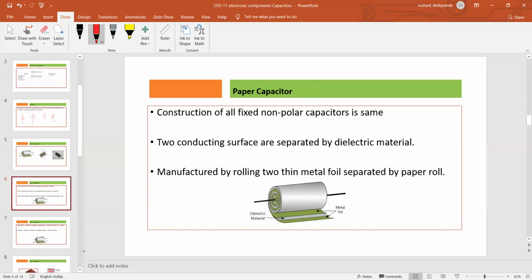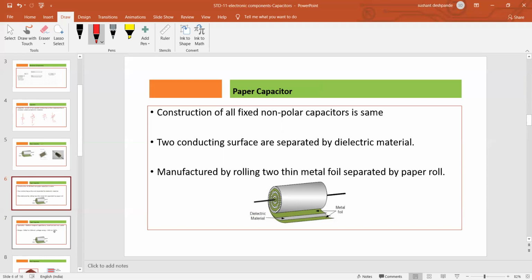So the construction of all fixed non-polar capacitors is the same. It contains two conducting surface areas separated by dielectric material. It is manufactured by rolling two thin metal foils separated by a paper roll. Right? So there will be two thin metal foils, and between them there will be a dielectric material, and it gets rolled to form a paper